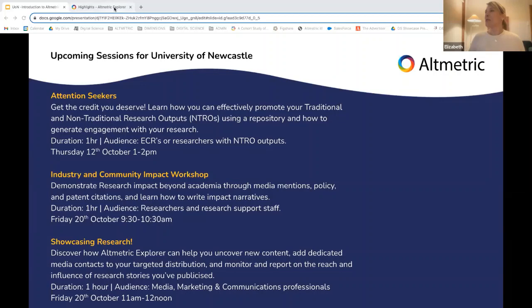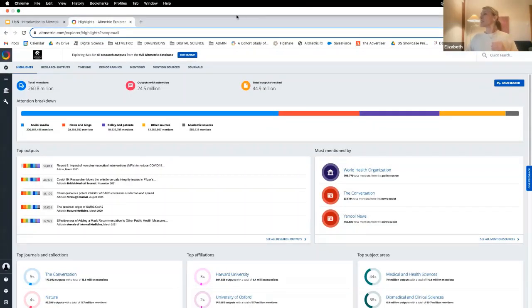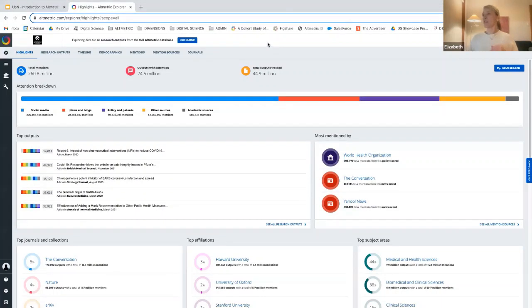Okay, so I'm going to switch over now into the Explorer. I don't see any questions in the chat, so I'll just keep going. And I'm just going to turn to my large screen here. So with the altmetric Explorer, whenever you come into the platform, this is your landing page. So it's called the highlights page. And at the moment, I'm looking at all research outputs from the full altmetric database. And we can see that we are tracking